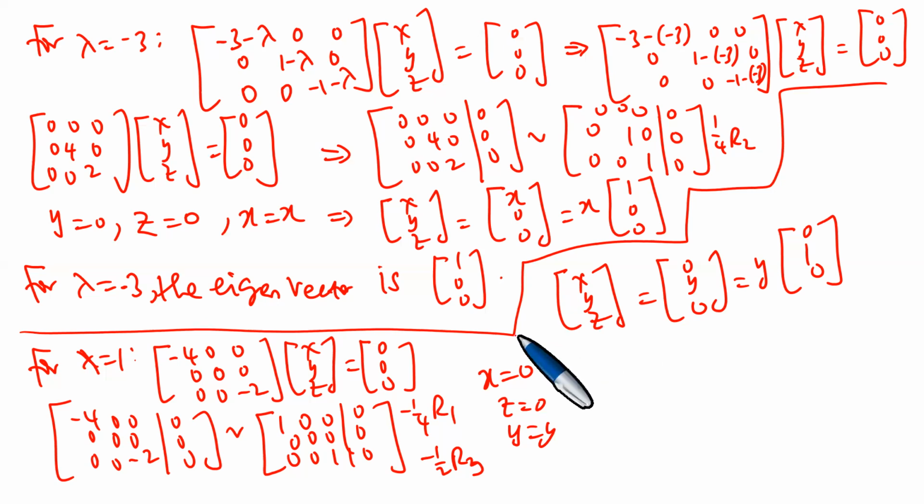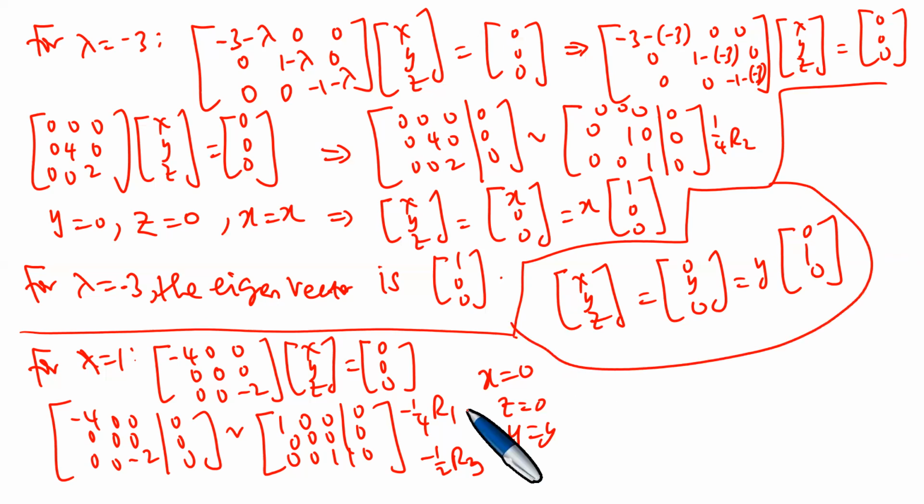Okay, let me close a little bit here. So we got an eigenvector. Okay, this one, the eigenvector. I'm going to squeeze the other one here for lambda equals minus 1. Going to be very brief. So I was trying to elaborate. Right, so like here, if you put minus 1,